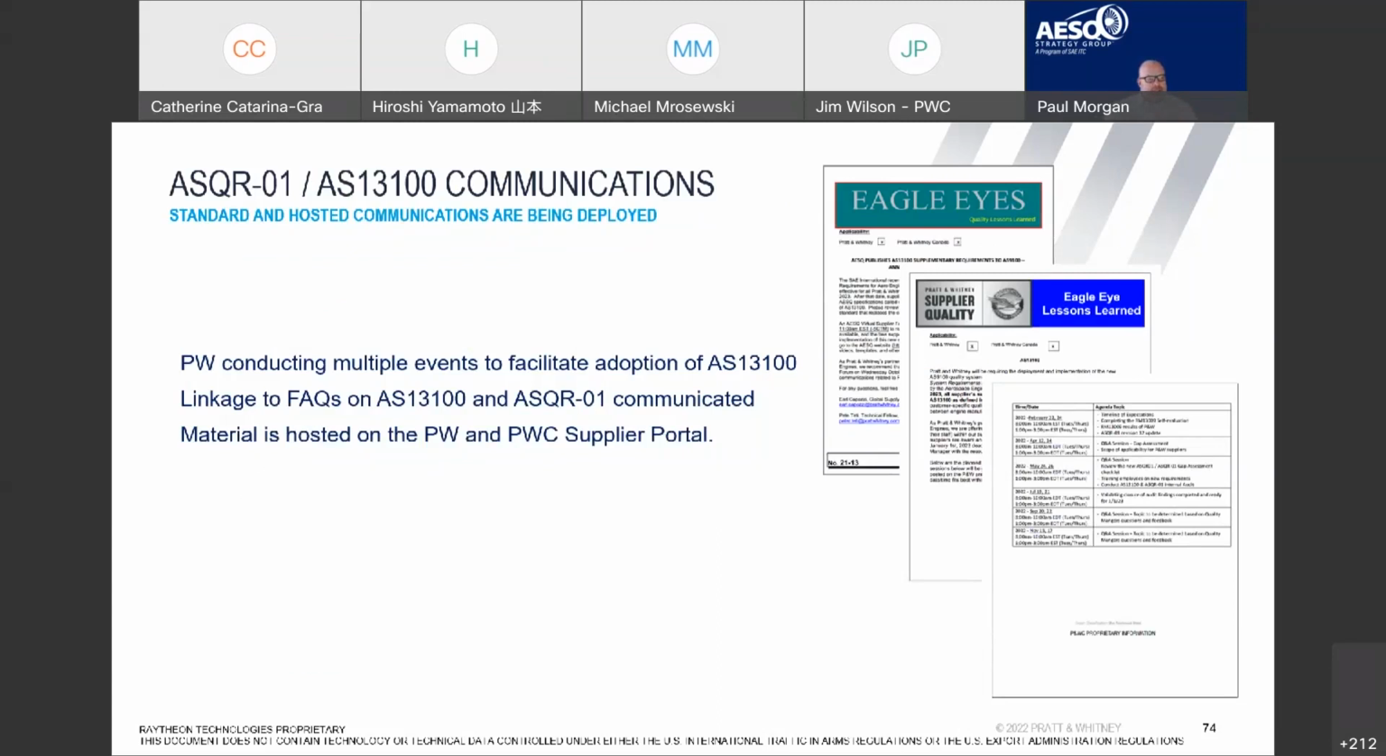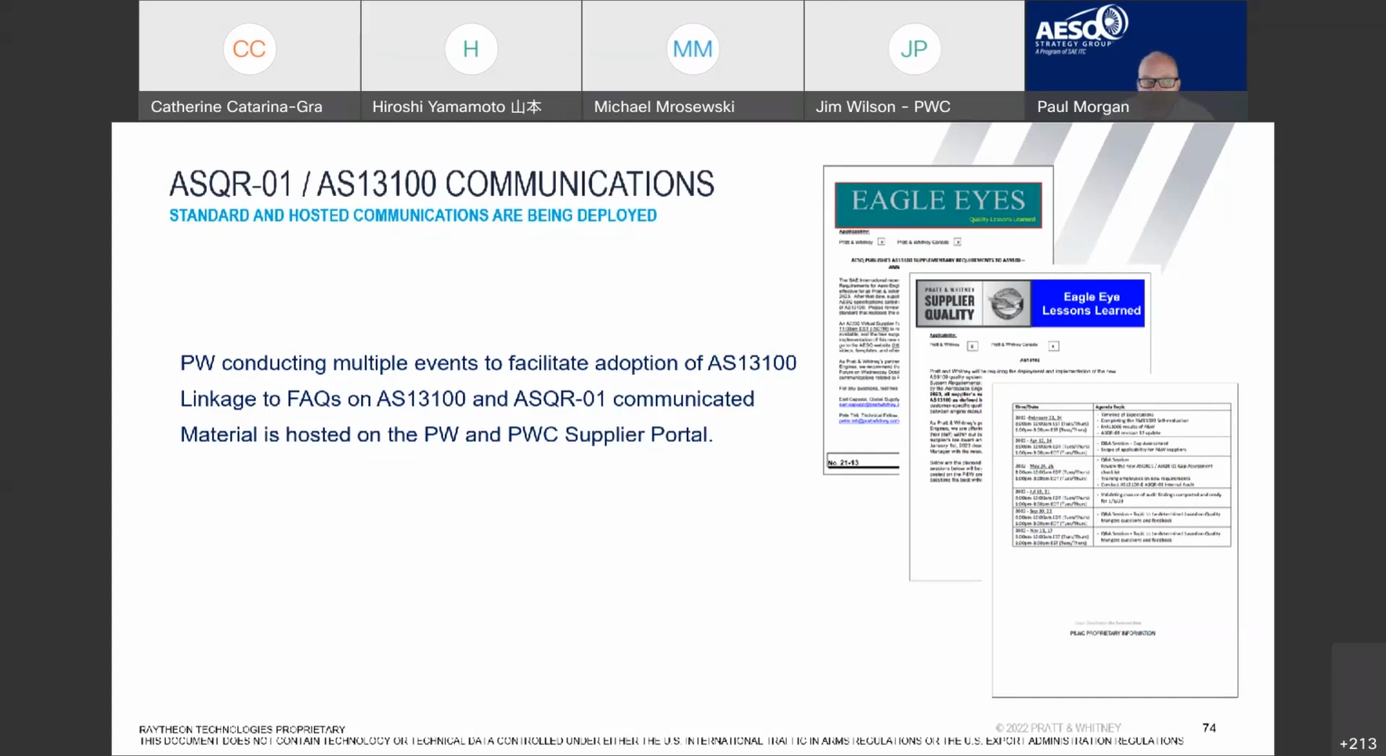We are linking our FAQs on AS13100 and ASQR. We're sending those out as well. But another element that is not on this page is that my team consists of 400 individuals that are globally deployed around the world. Most of these individuals are supplier facing. We're conducting internal training so the folks that you interface with at your locations are knowledgeable and can help guide you on your journey through not just ASQR 01, but through AS13100